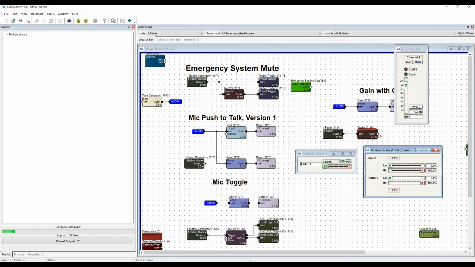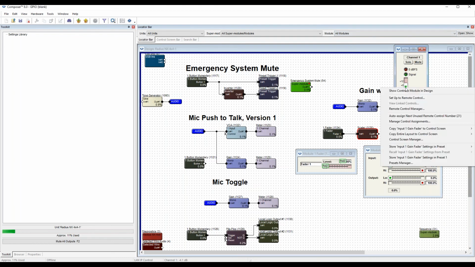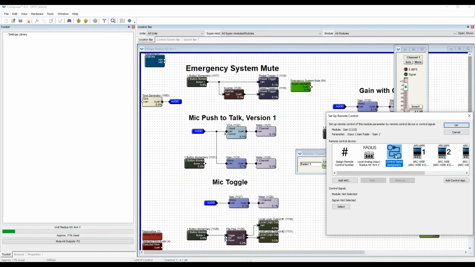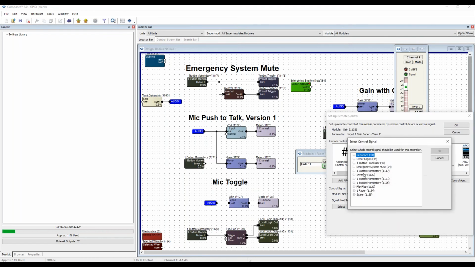We want the output of this scaler to drive this fader. So how are we going to do that? With the control signal, of course. So let's right-click as usual. Right-click the fader, set up to remote control, do a control signal assignment, and